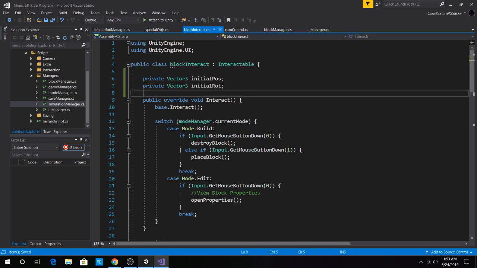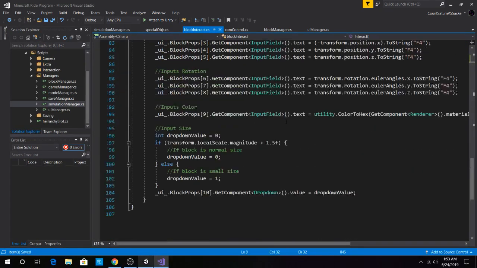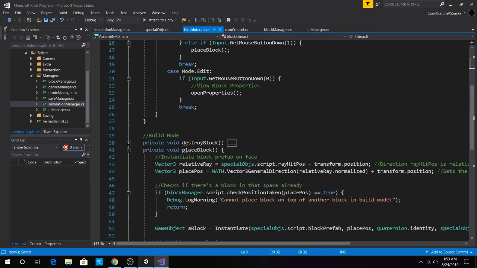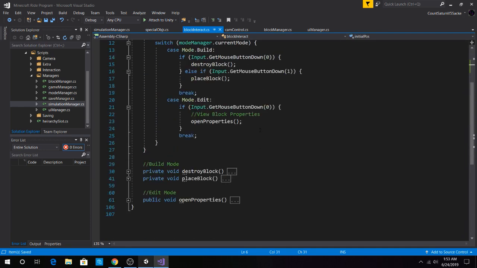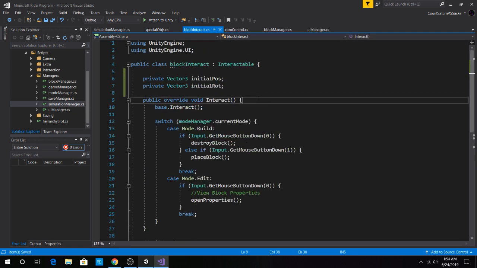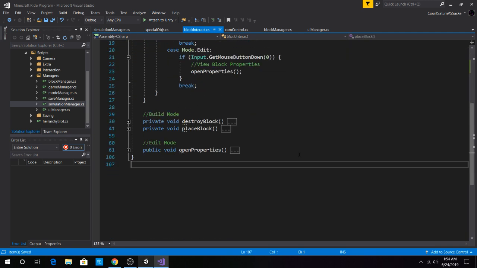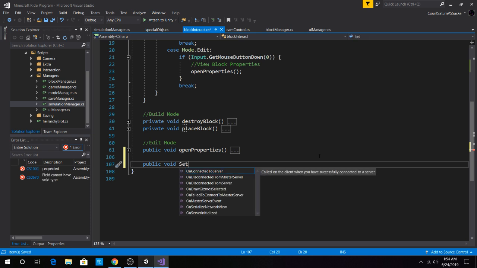So basically, we only want to change this whenever we change it in edit mode. However, there's a very easy way to do this. I don't want to have a void Update in this class. However, I'll have a public void, and this one will say SetPos and SetPos